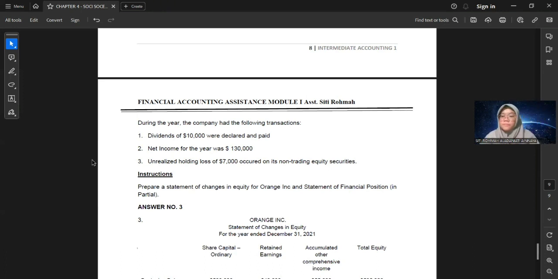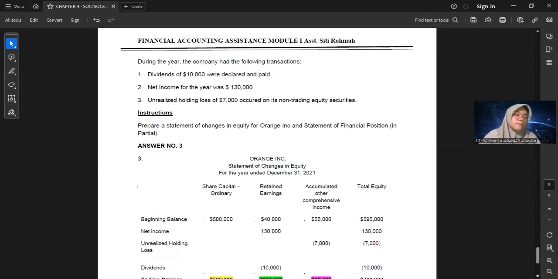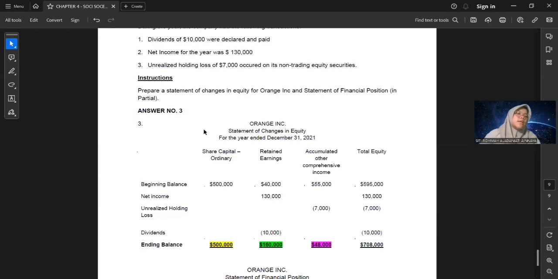So the instructions are that we are asked to make a statement of change in equity for Orange Company and a partial statement of financial position. Here we first make a statement of change in equity for the year ended December 31, 2021. Starting from the initial balance of 500,000 of beginning balance from share capital ordinary,